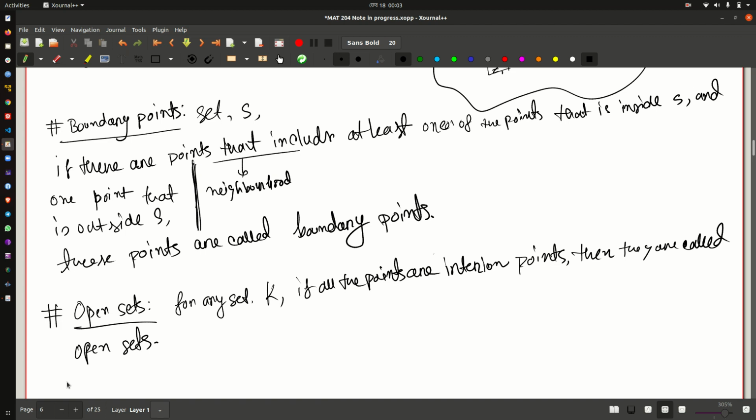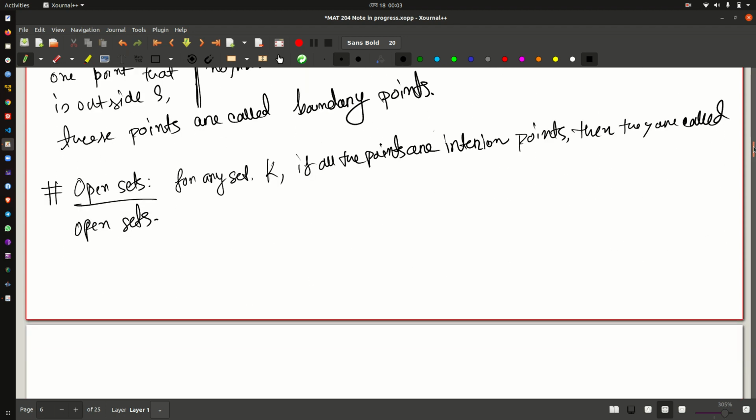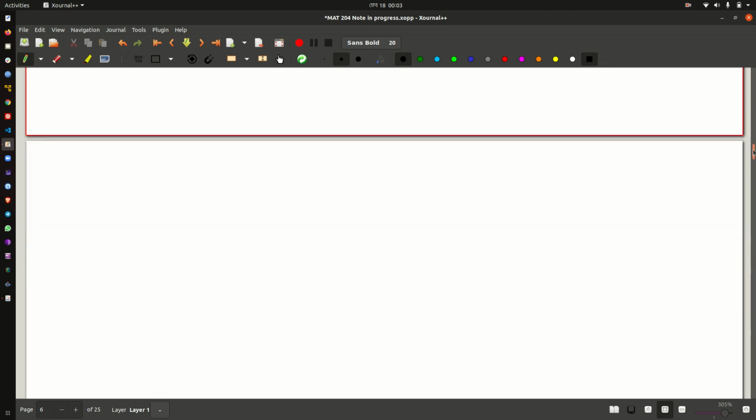Now what is a closed set? A set that is not open. Defining a closed set from the definition of open sets is simple, so I'm not going to write it right now. So we have defined these points, these sets. Now we can use all these definitions and define something called a region. That will be of special interest later. So the definition of region: